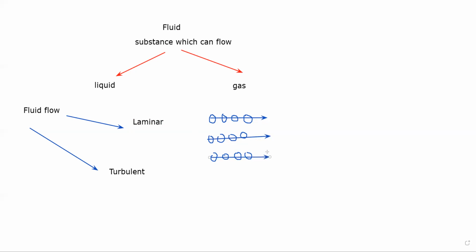and move in the same direction, the speed of the groups of particles might be different. For example, this group of particles may have a speed of 3 meters per second, this may have a speed of 5 meters per second, this may have 4 meters per second. The speed might be different, but all these particles are moving in a specific direction and following each other. So this type of flow of a fluid is known as laminar flow. And when there is a laminar flow, the fluid will exert less force or less pressure.